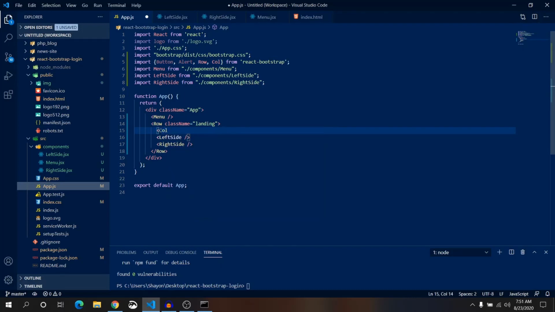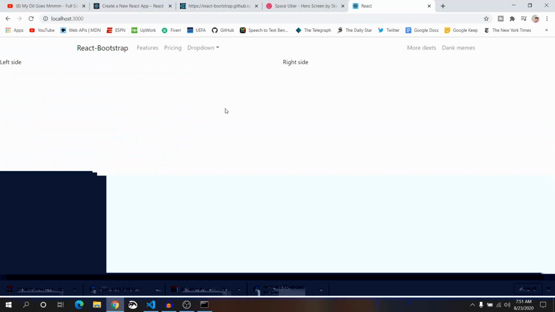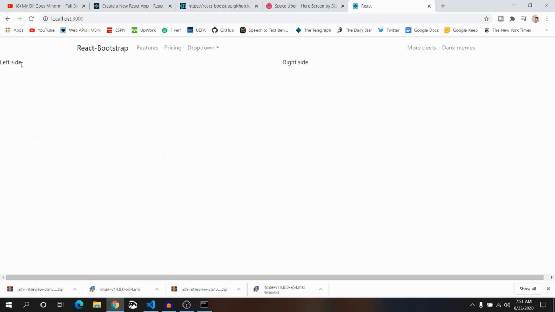COL. Take this left side and take it inside col. Copy this and paste it in the place of right side. Make it right. Now you can see we have two sides. This is the left side, this is the right side.